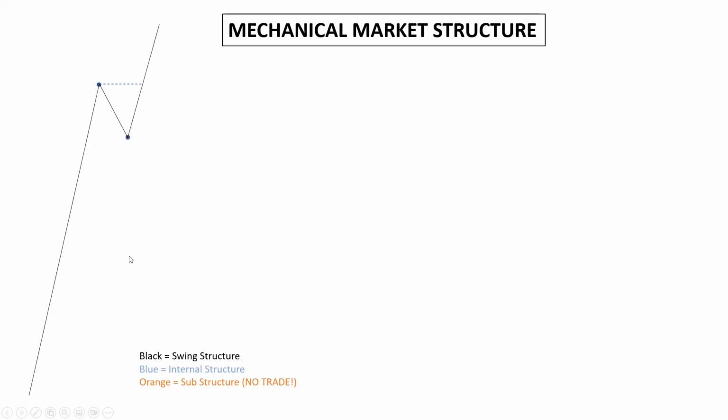internal low. What we can then see is that we have our swing move, which is this entire black range, and this isn't including this pullback. It is including the pullback in the sense that our entire swing move is all the way from the bottom down here, all the way to the top up here. This pullback here is only internal structure. It's not large enough to be considered swing structure. So this entire move is all part of our swing move, and we have a bit of internal structure forming